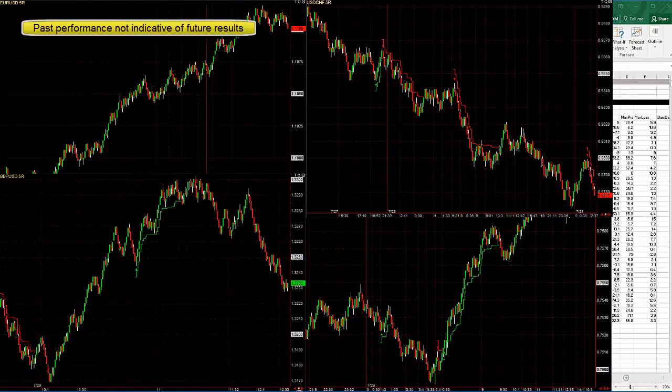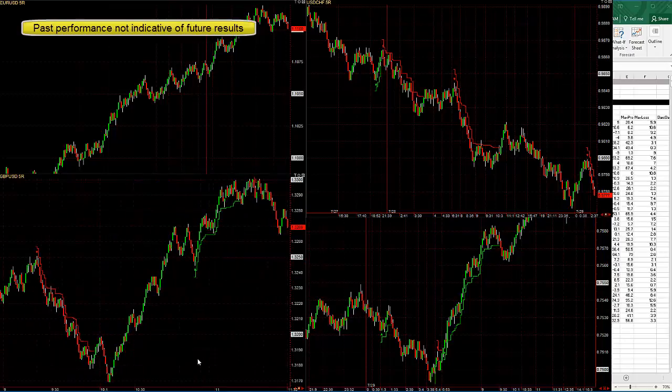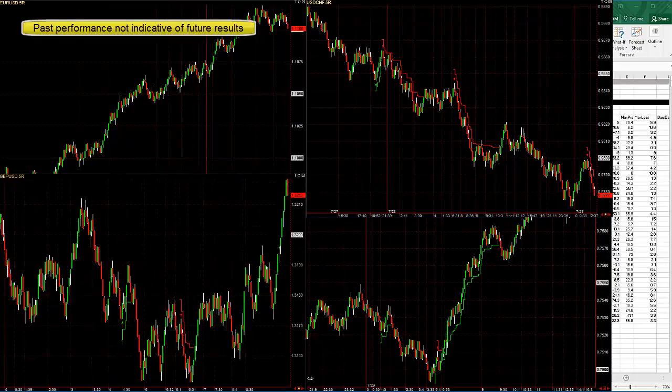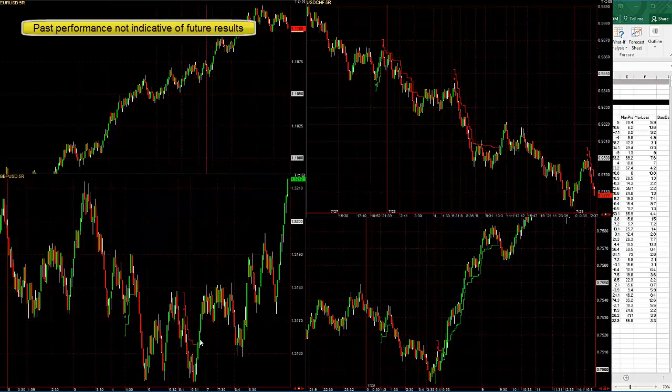Pound, nice 30 or 40 pip win there. Counter trend trade here, good for about 40 or 50 pips. Earlier in the day, 5 pip win, 5 pip loss,